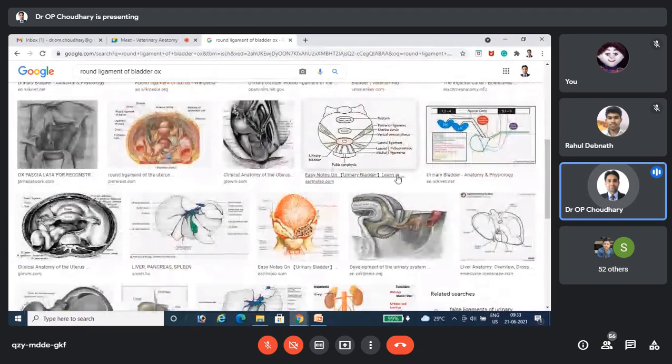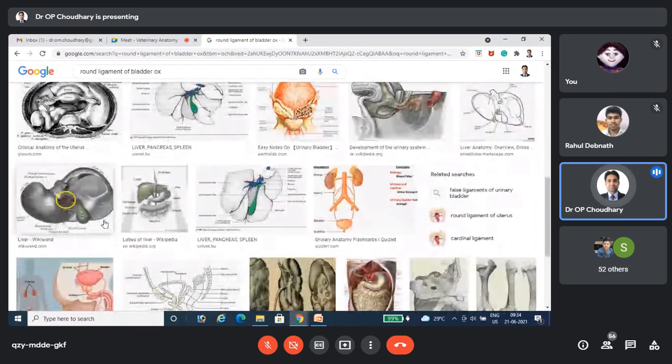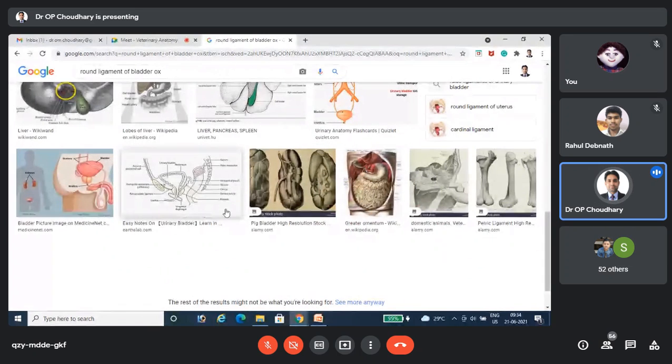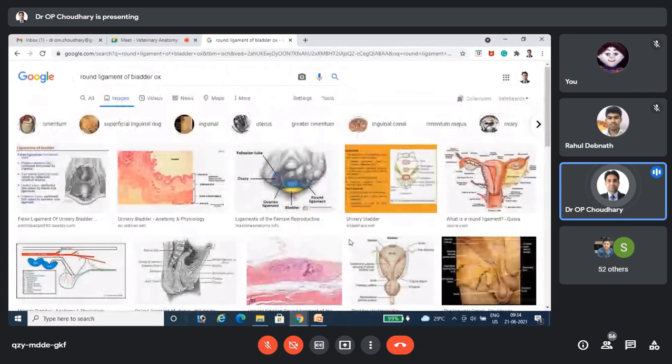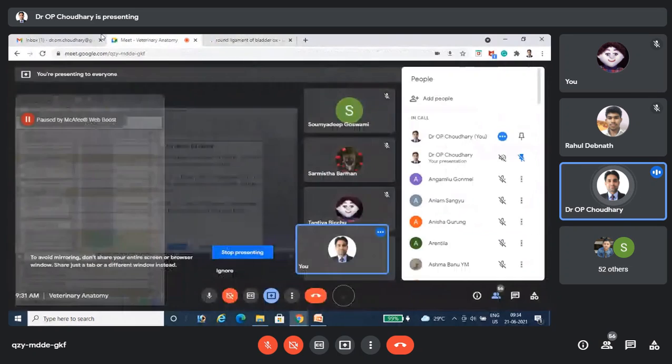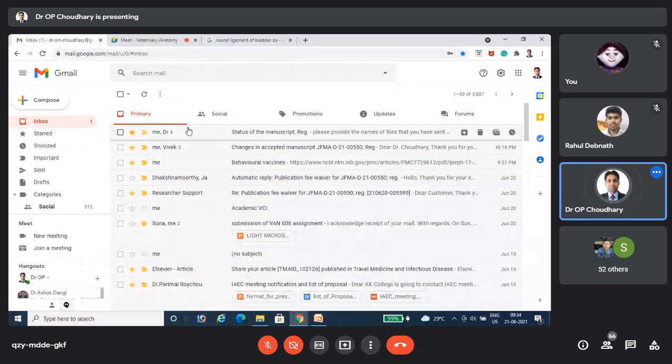I will search for that photograph and tell you when I teach you embryology. I will explain the umbilical artery and umbilical vein, how they circulate blood in the fetus, then what happens when the newborn comes out, what structures remain, and what remnants there are. I will explain this completely later because here I am not getting the image of the round ligament. Anything you want to ask? I will search for some images because it is very hard to teach online. I am somehow managing, because when you come to the practical classes, the dissection and all,